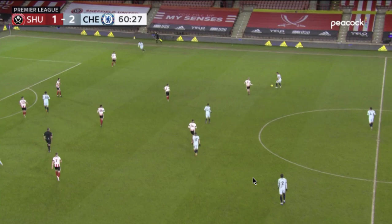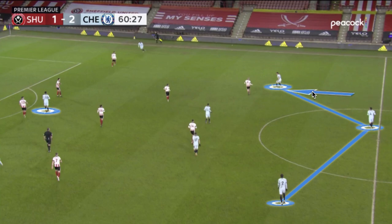So now, moving up the field, we are going in the second half to show the patterns here. We still have Giroud as our lone striker. But the key now is the back three, especially against the Sheffield United low block. Azpilicueta will oftentimes be the player jumping alongside the double pivot,